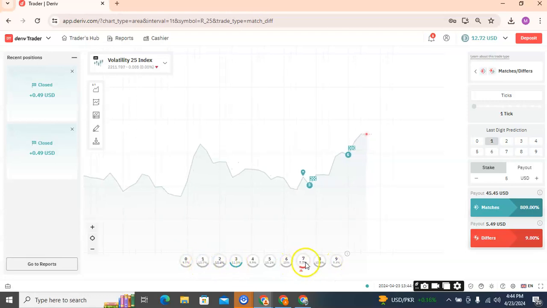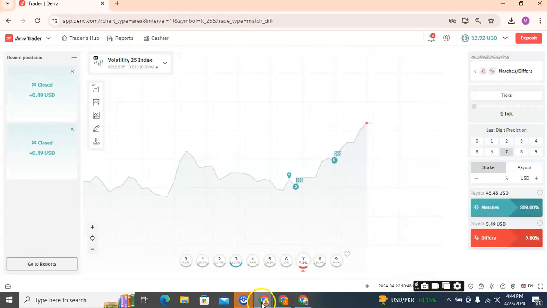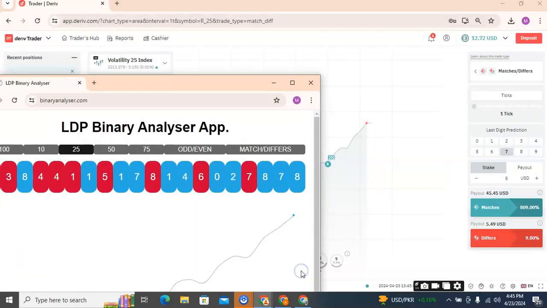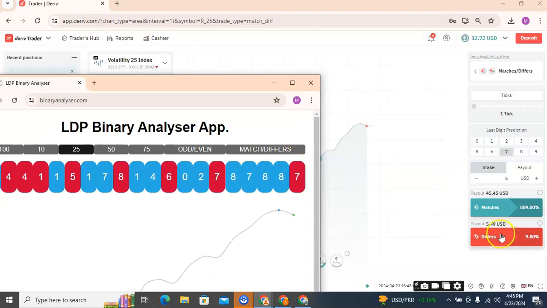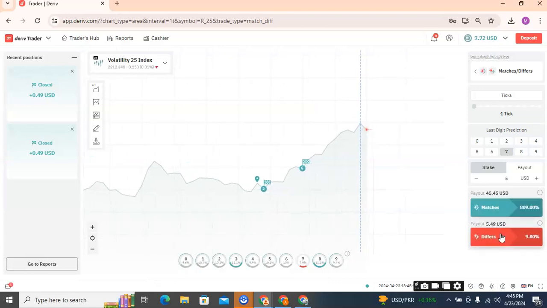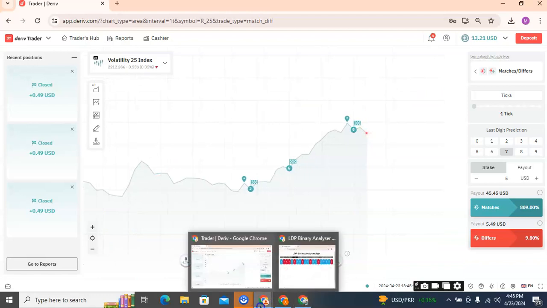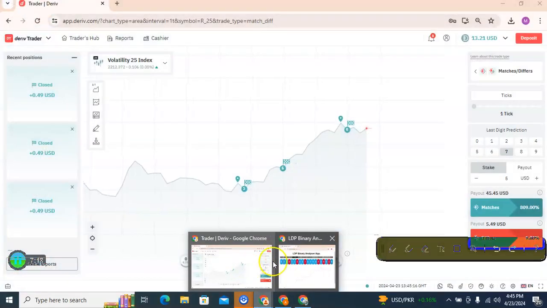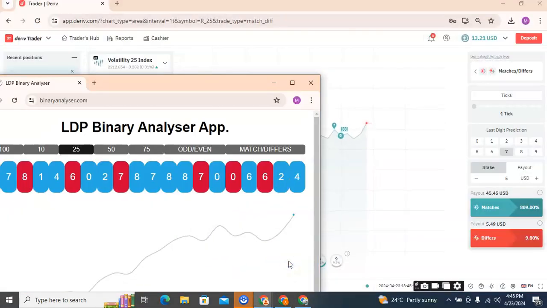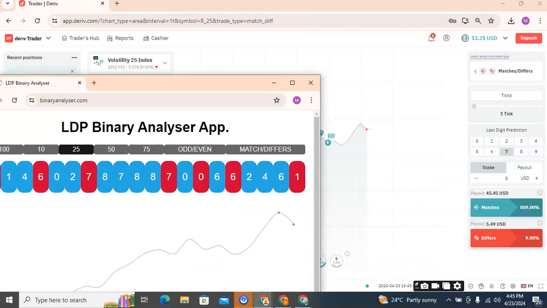We need the lowest, so we go to 7. That's how we switch. If you see the one with the red bar decreasing, you just wait for the digits to appear. 7. The first. Here we are. We have our 13. So for matches, I usually advise don't stake low because the pay is a bit low,